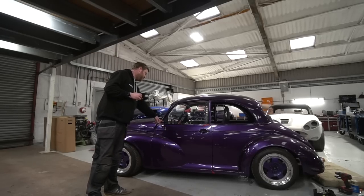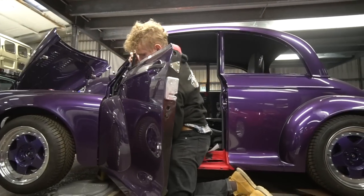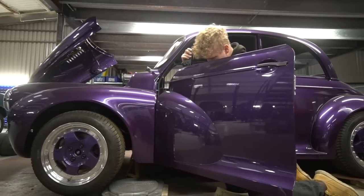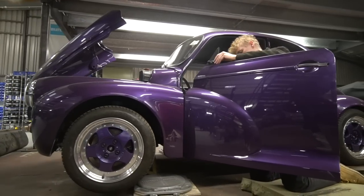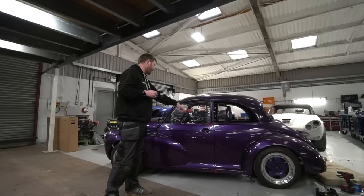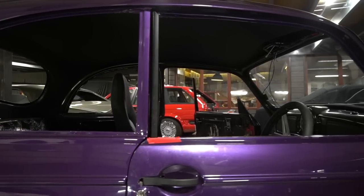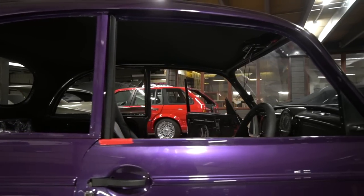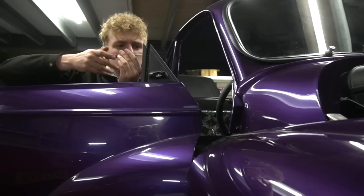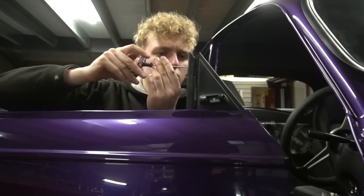These are billet parts which were machined some time ago. They've just been sat waiting for us to have all the parts of the puzzle in place. So we've got those in, which hold the modified frame. If you throw your mind back, normally there is a divider here and a separate quarter glass. So this is not only a modified frame, this is a machined billet part to fill in that corner, mount it all and hold the wing mirror, and then it's custom glass as well. So yeah, he's been getting all that lot together, trialling the electric windows, making sure everything opens and shuts properly